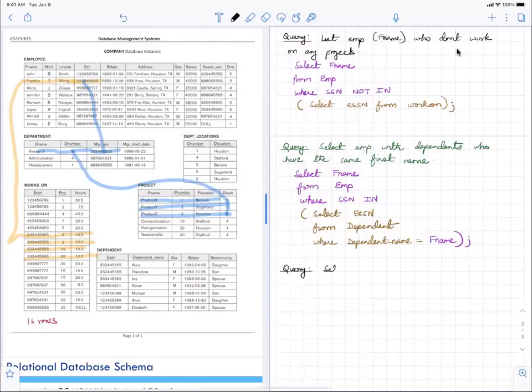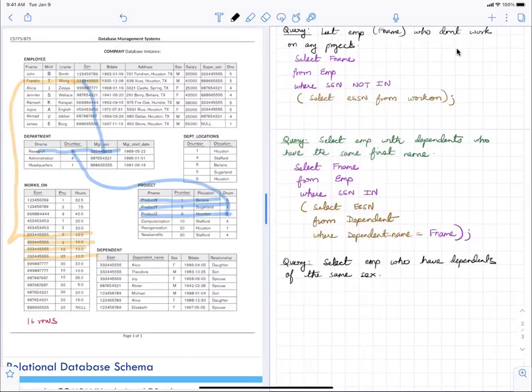So select employees who have dependents of the same sex as the employee. I'll just write down the query.